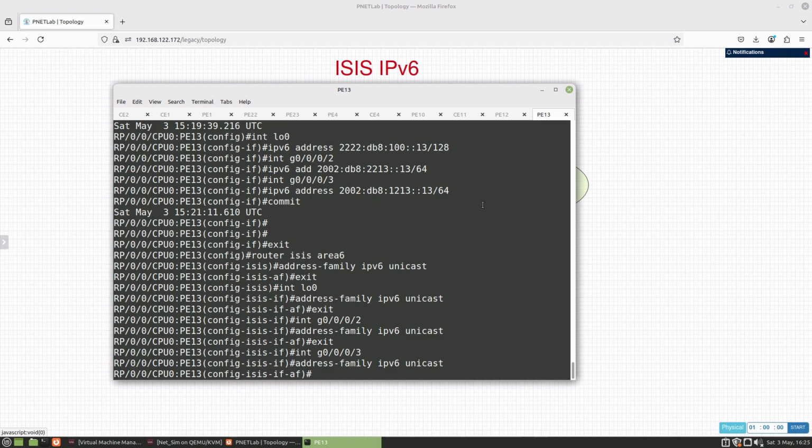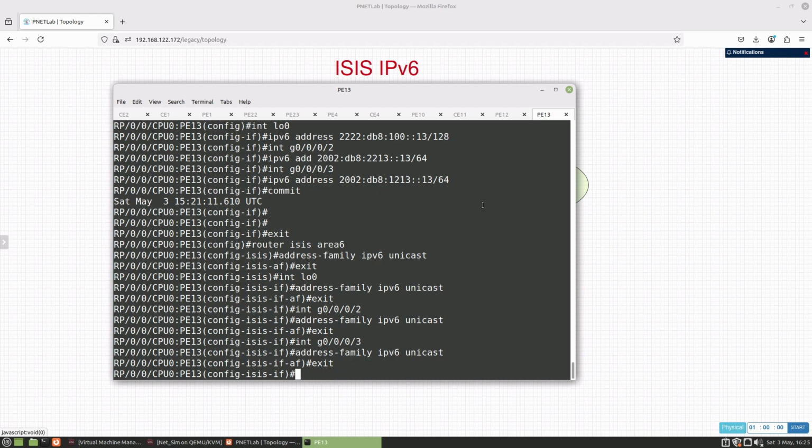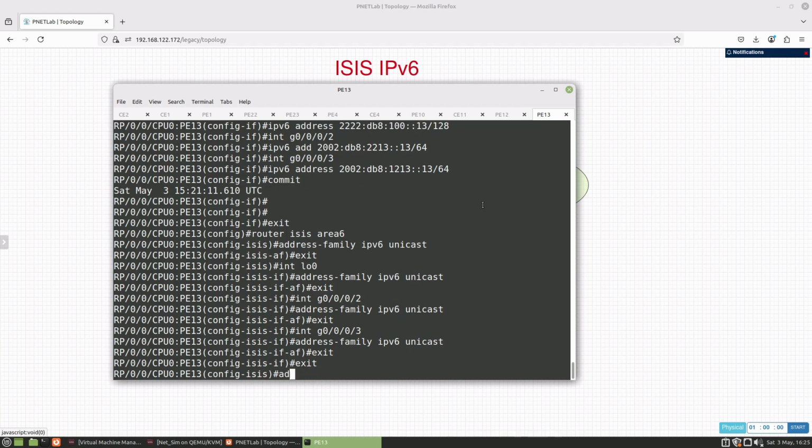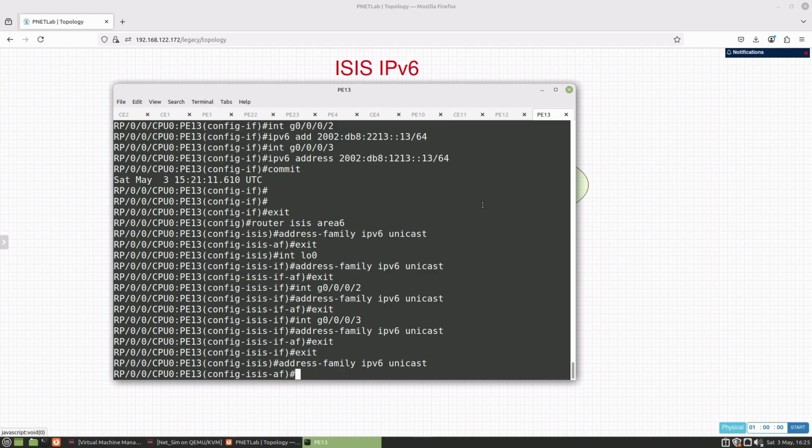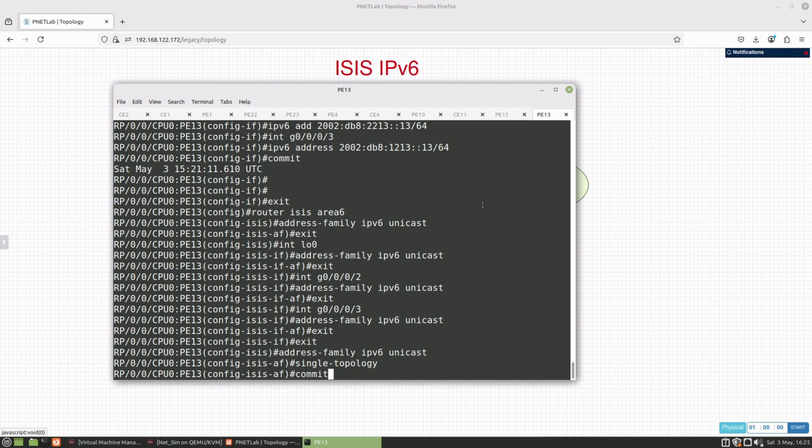Okay, fantabulous. And if you remember, we changed the actual topology from single topology to multi-topology on the other 2 routers. So we'll change that on here to make sure it's single topology, so we get everything in the same database. And we will do that on the actual address family itself. So address family IPv6 unicast, and we'll make that a single topology. Commit,